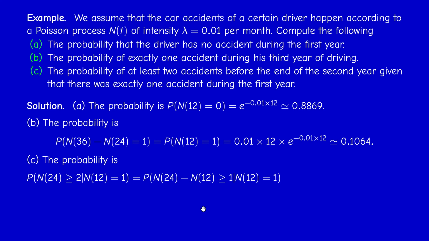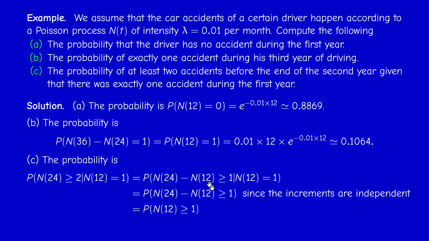But now we use the independence assumption. What happens during the interval 12 to 24 is independent of the past. So we can get rid of this conditioning. So this is the probability that N of 24 minus N of 12 is at least 1. And once again, this depends on the length of the interval, which is 24 minus 12, which is 12. We can compute this in 2 ways, as you probably know from the first course on probability. The best way is to write this event as the complement of the event that there are no accidents during the first year, because these 2 events are complementary. So it's 1 minus the probability